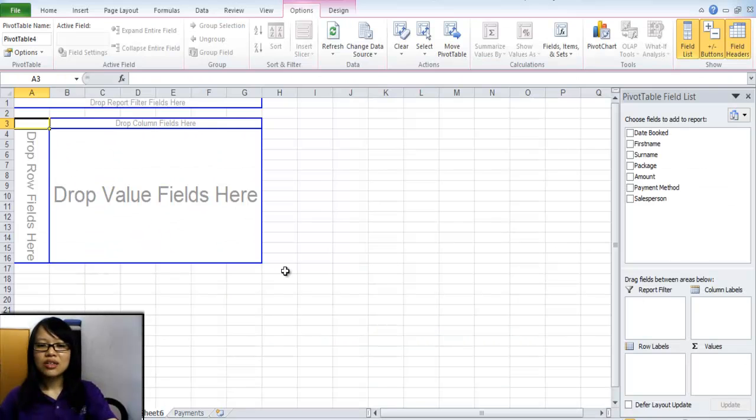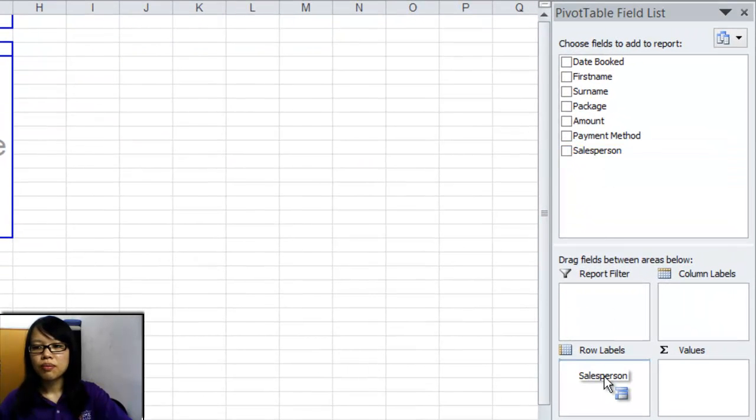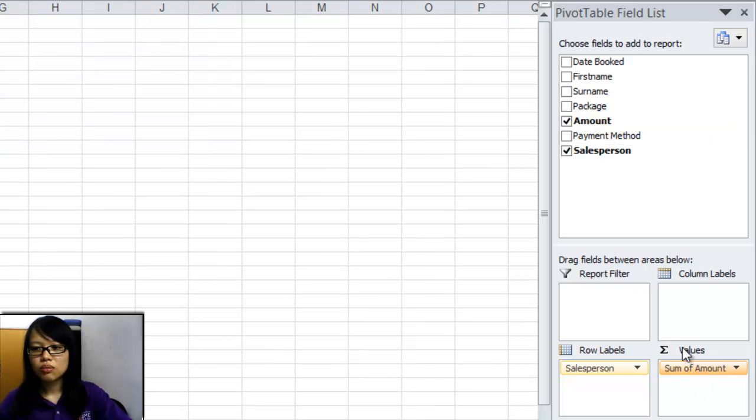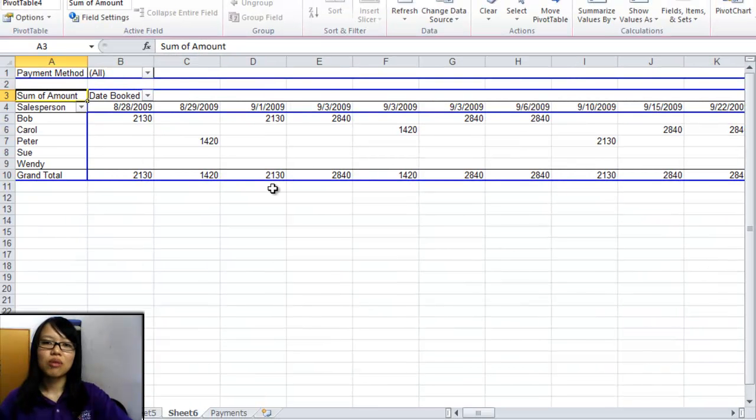For example, if we want to see the total amount the sales person received for each month based on the package, we drag the sales person to the row label here, and the amounts to the value, and then the date booked to the column labels, and the payment method to the report filter. So this is the data that has been summarized based on the date, but now we need to group all